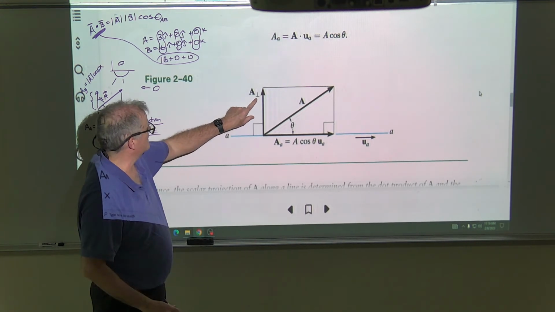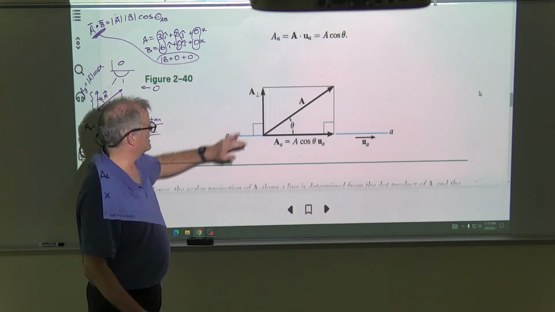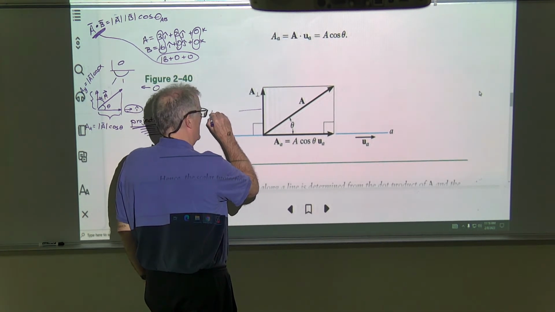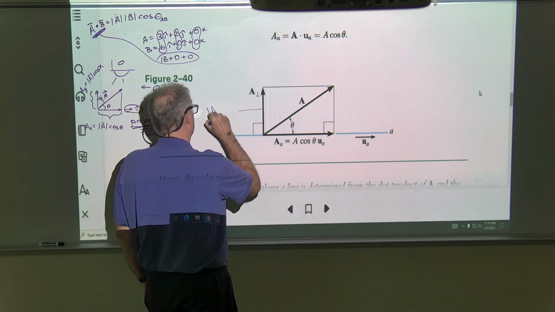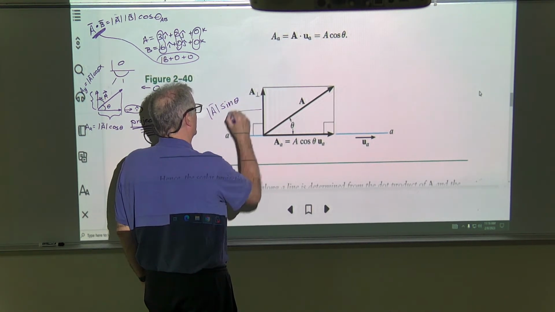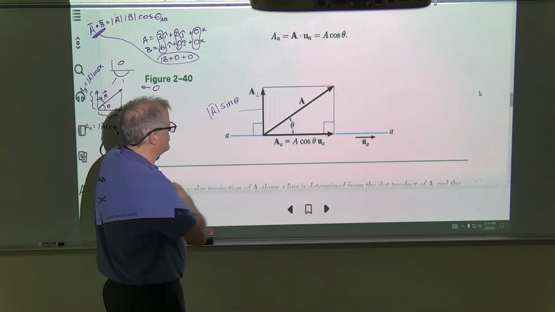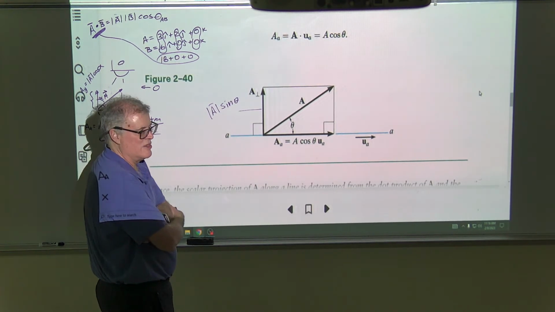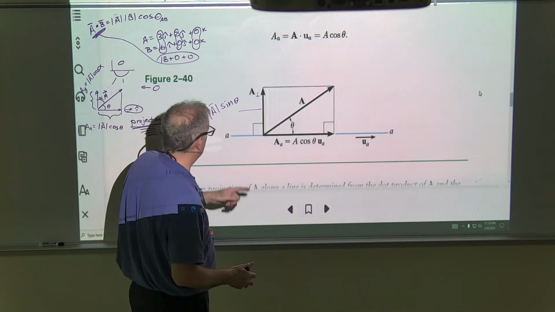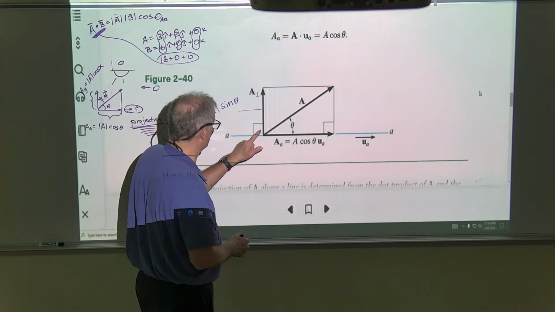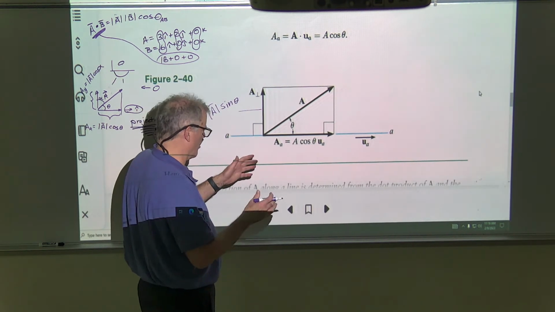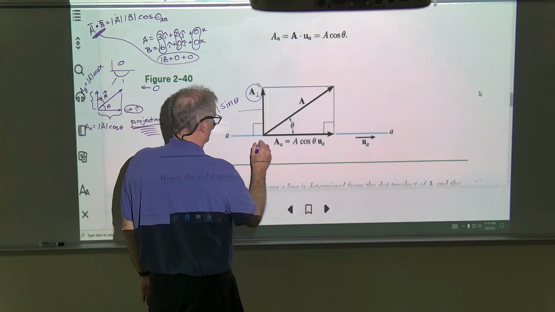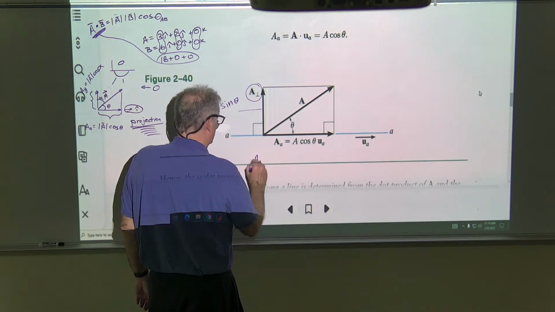Now, what he's doing here is kind of weird. When you were in trig, you learned that this length is A, that length of A times the sine of that. Okay. Now he's going to tell you, hey, wait a minute, I'm not sure I know exactly where this is oriented. But I do know, and he drew this in a weird way, that this vector and this vector are 90 degrees from each other. So that means this A perpendicular, which is what he's saying, the magnitude of it